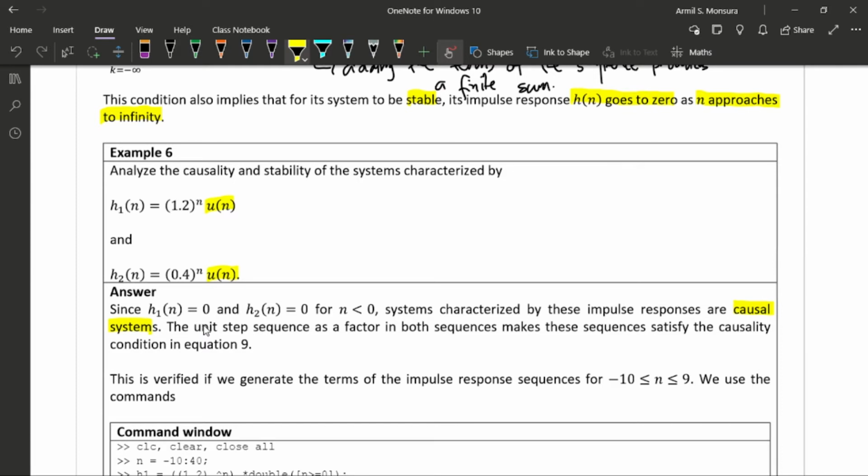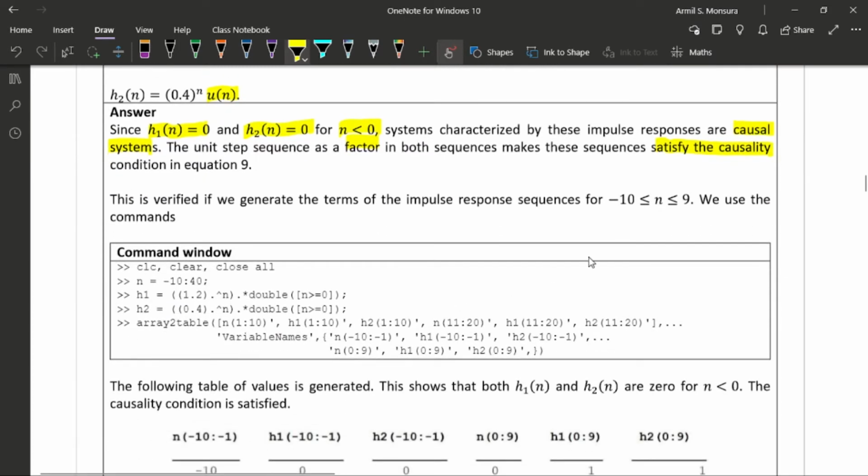as factors, then it is easy to say that both of these are 0 for negative values of n. So it's really easy to tell. The causality from there can be easily concluded because of these factors. So the unit step sequence as a factor in both sequences makes these sequences satisfy the causality condition in equation 9. Okay, so if you actually generate the terms of the impulse response sequence for